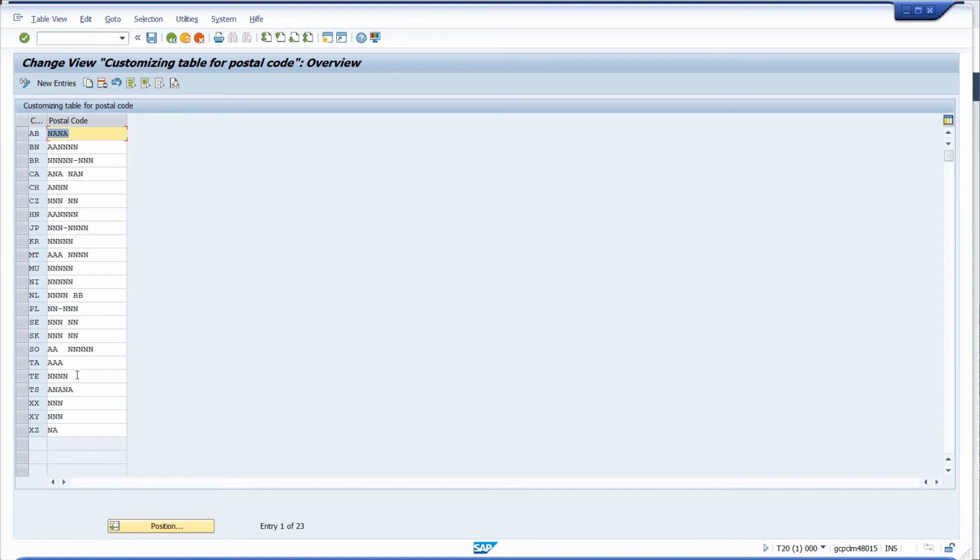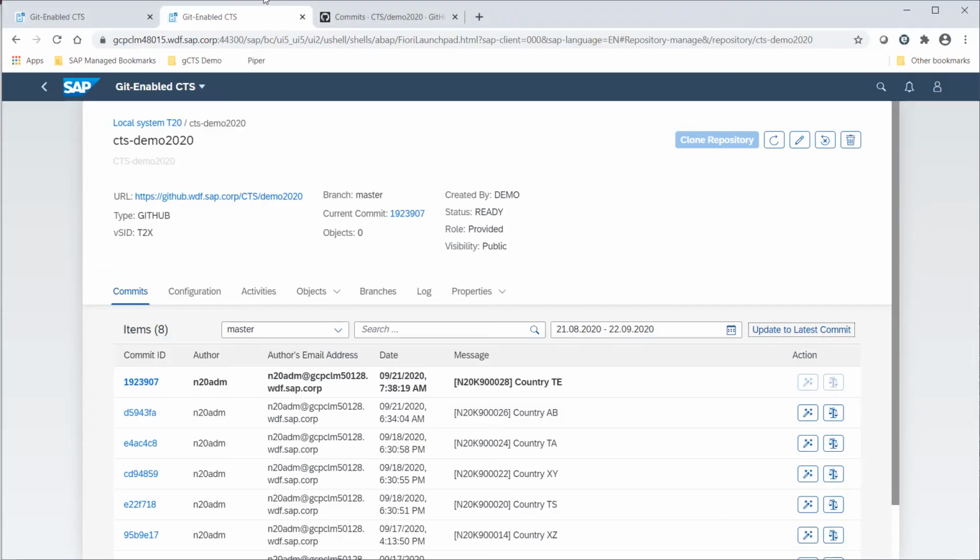So with this, you do now know how GCTS works and how you could transport somehow a customizing stuff via GCTS into a target system. You have additional options to check what had happened. So you could always click, for example, on the commit ID.